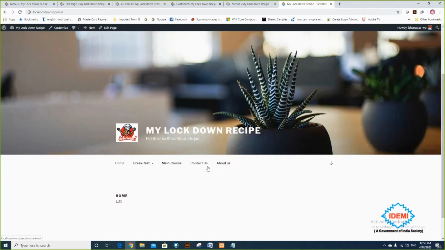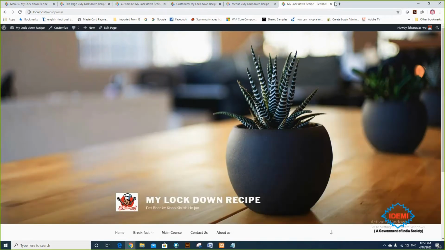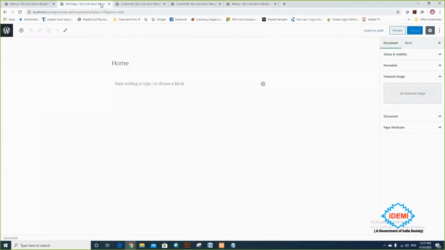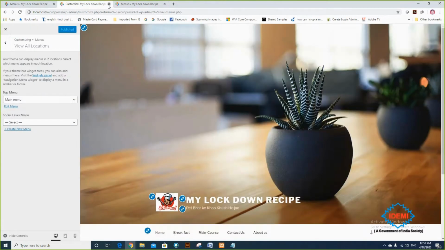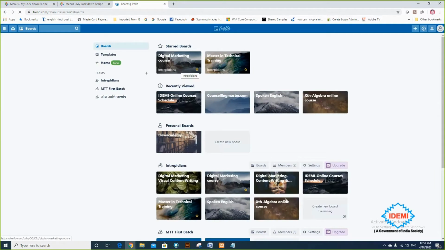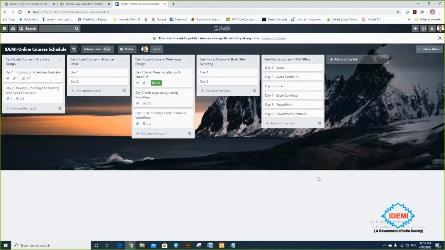So here, this is all about the creation of the menu, and you can create the menu. The menu is based on your post as well as page as well as category, or there is something called a custom link. Custom link means it is your link and you can use that link inside the menu.